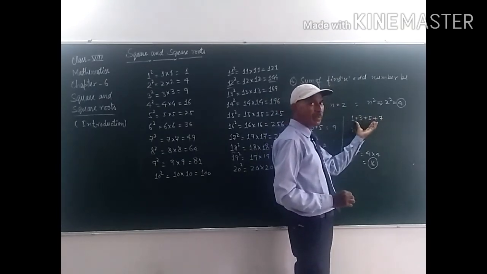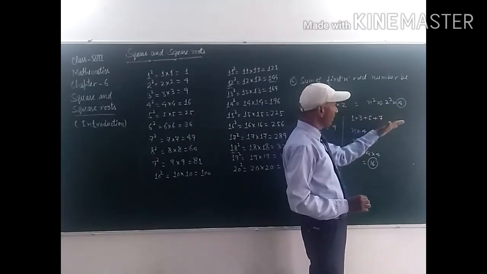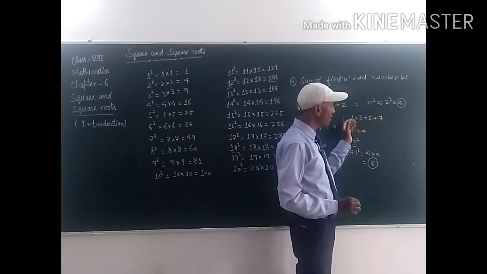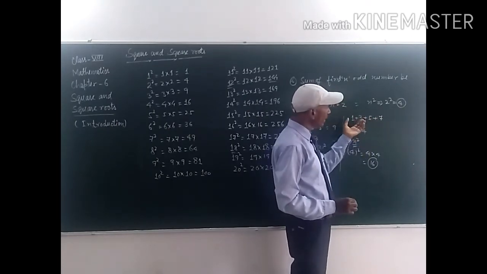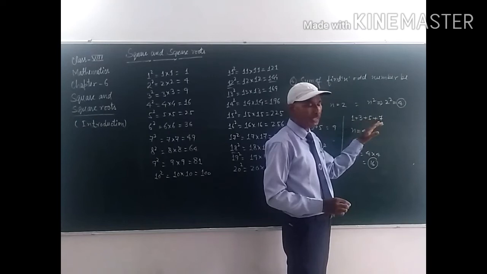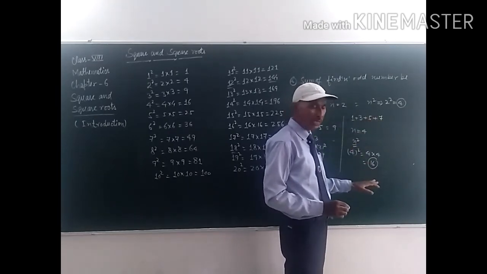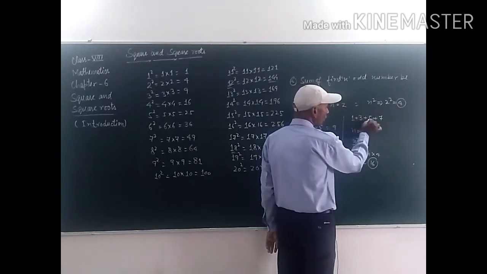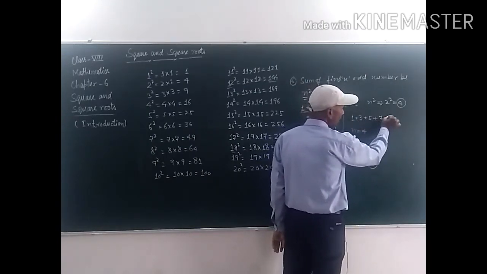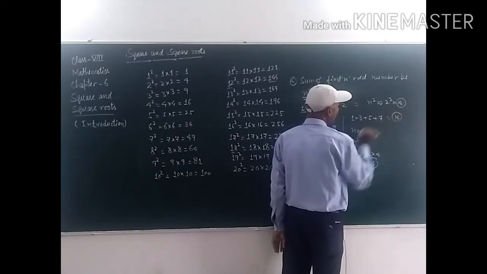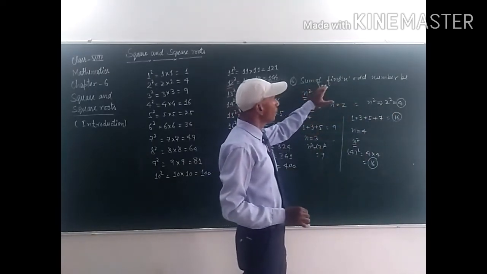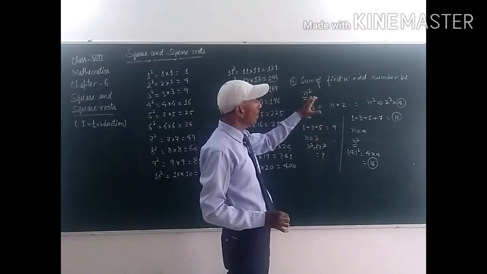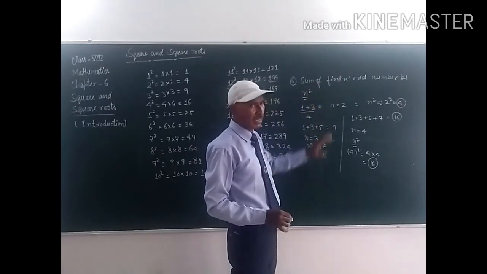This one is a small example, student. We can add this, but for larger numbers, if there are 10 or 20 odd numbers starting from 1, then it is difficult to find the sum. So we have to use the formula. Clear? So it will be 16: 1 plus 3 plus 5 plus 7, that is 16. Clear, student? So the sum of the first n odd numbers is n square. Using this formula, we can find the sum of the first n odd numbers.